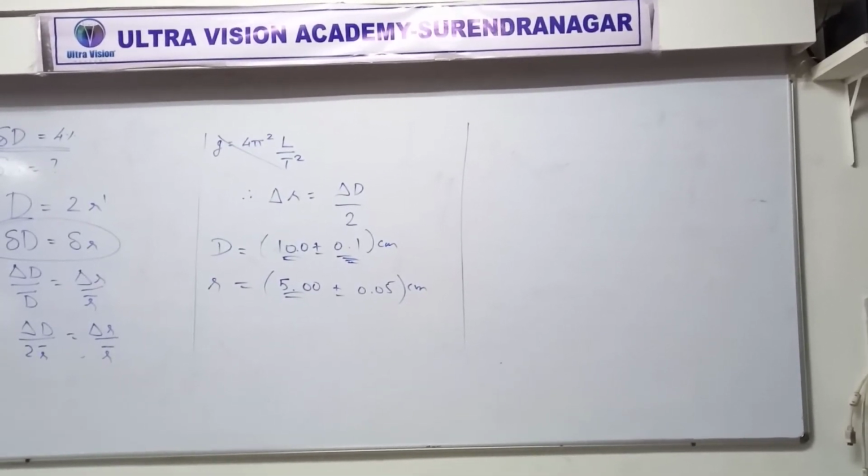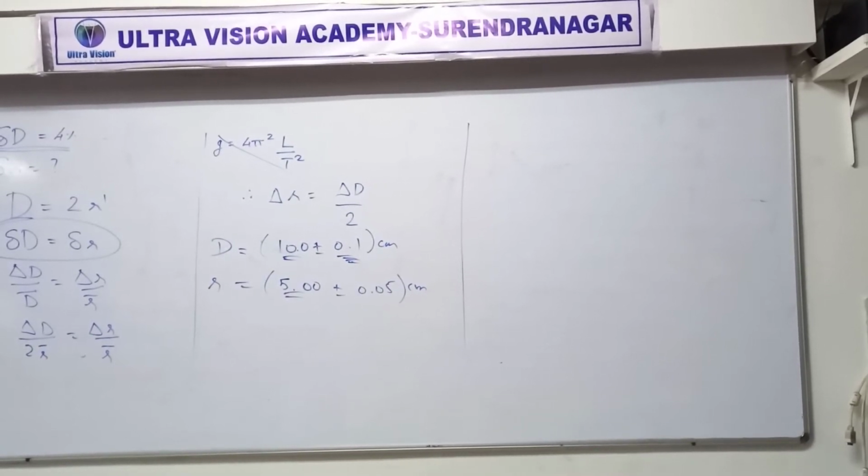Well, let's go to the next page. 27. Length of a cylinder is measured with a meter rod. Meter rod means a big ruler, 1 meter in length. Okay, it's a scale, it's a ruler basically. With how much least count? 0.1 centimeter. Least count of a ruler is 0.1 centimeter.